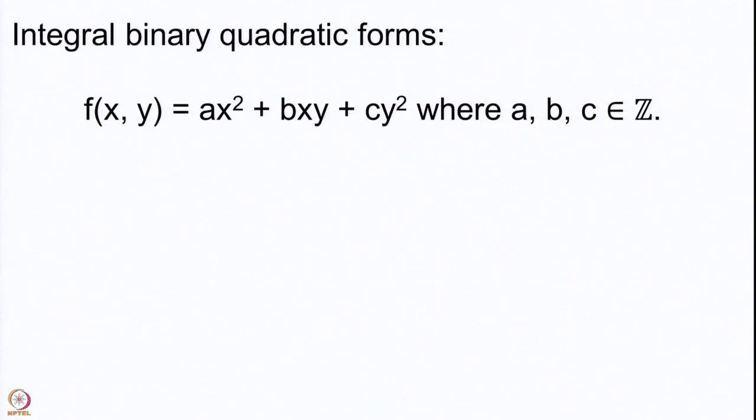We can take them from a more general set of numbers. I told you in the last lecture that we should be able to put values for x and y from the same set where a, b, c are taken from, and therefore, the set should have addition and multiplication, and since we do not want to write xy and yx separately, it should better be commutative with respect to multiplication. So, such a thing is called a commutative ring.